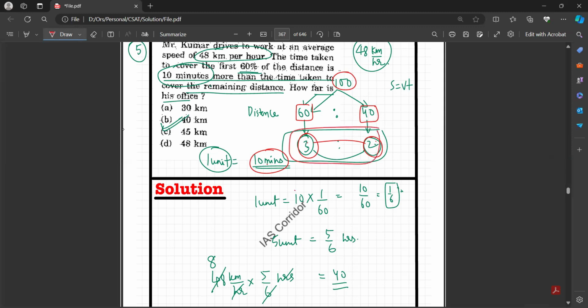सो 10 मिनट्स मतलब दैट इज 1/6 ऑफ द आवर। टोटल टाइम इज ये वाला, क्योंकि ये टोटल डिस्टेंस ही तो है, ये टोटल डिस्टेंस 100 ही तो कवर कर रहा है, तो टोटल टाइम 5 यूनिट्स लेगा। 5 यूनिट्स का मतलब 5/6 आवर्स। अगर 5/6 आवर्स इज द टोटल और उसका एवरेज स्पीड 48 किलोमीटर पर आवर है, तो 5 यूनिट्स कवर करने में उसको कितना डिस्टेंस ट्रेवल होगा? 40 किलोमीटर।